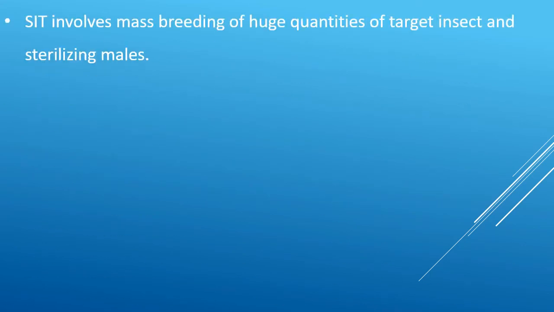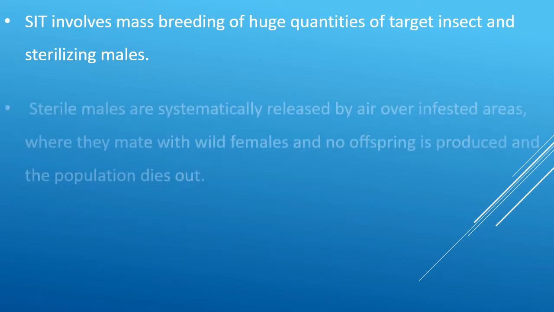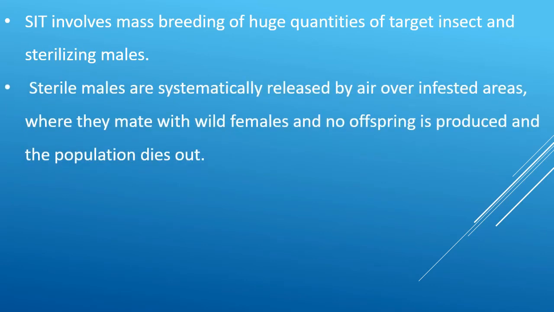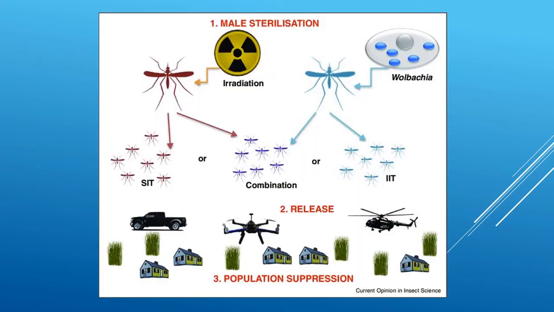So in this method, you breed very large quantities of the target insect and then you sterilize the males, and then you release the males by air over the infested areas where they compete with the other viable males to mate with the females. And when they mate with the females, there's no offspring that's produced, leading to dying off of the population. So this image shows the method of